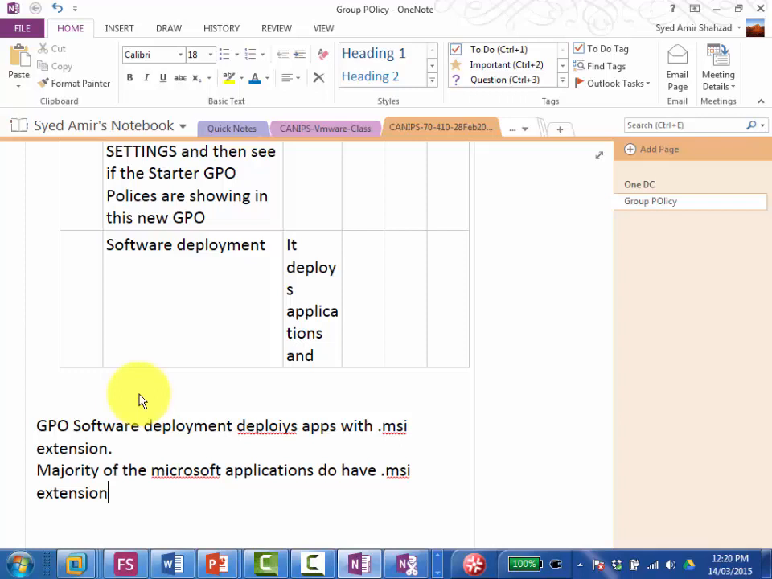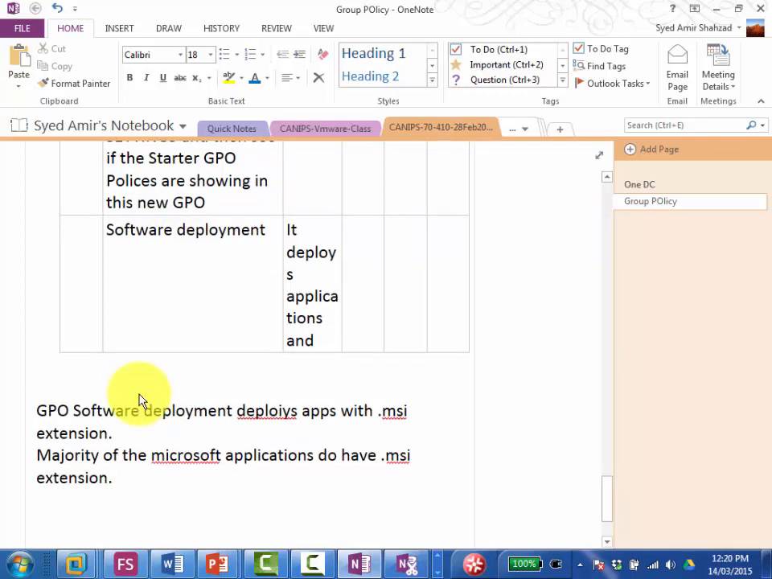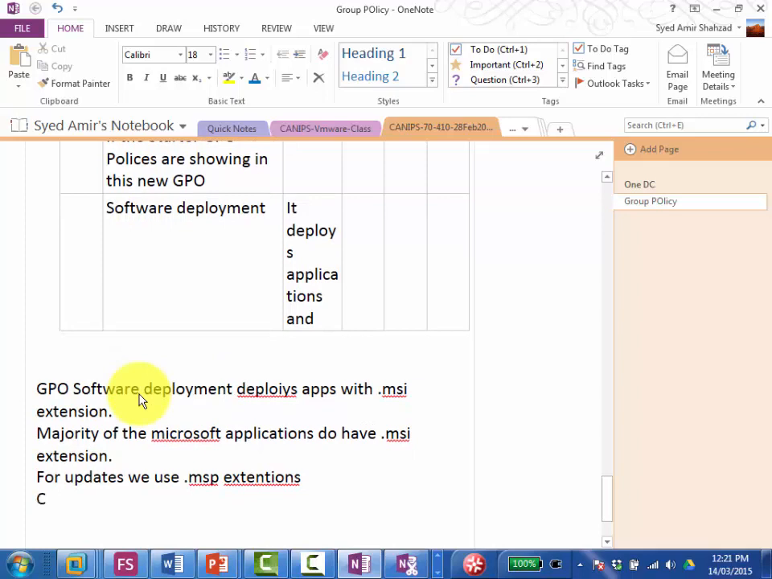First, the actual software, if it's already there, then the updates have another extension. For updates, we use .msp extensions. For languages, there may be some language updates you need to do. They are called MUIs, but they are also included in the .msp. So you can also create, we can also create